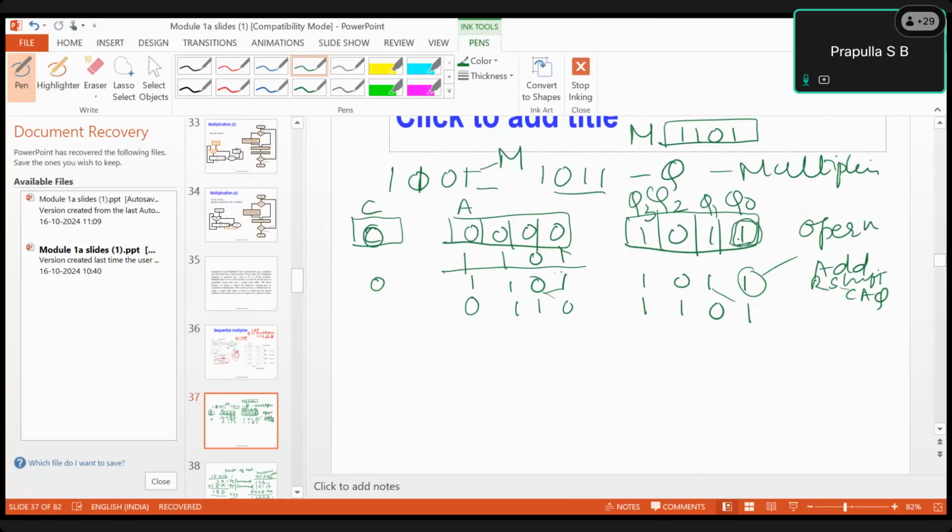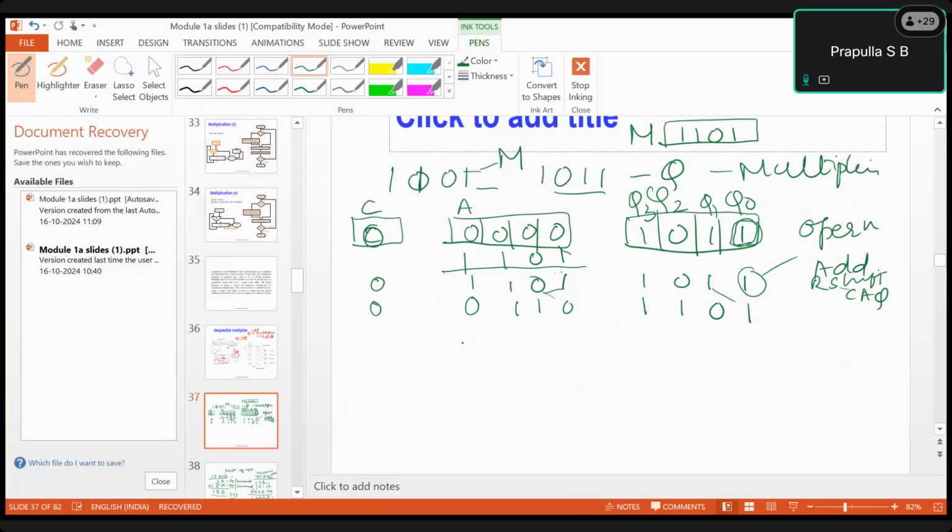If my Q0 bit is 0, I will do only shift. Okay, so now this is done. Nothing is there here. Carry bit will be 0. This was my first cycle. So next,